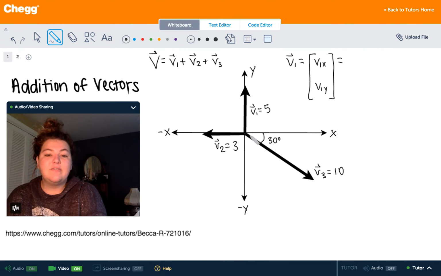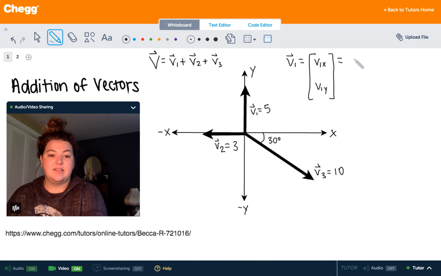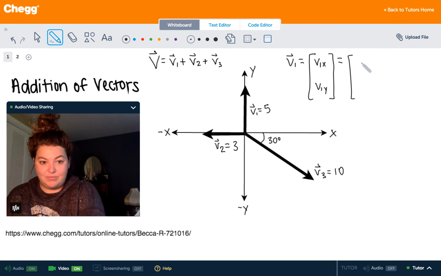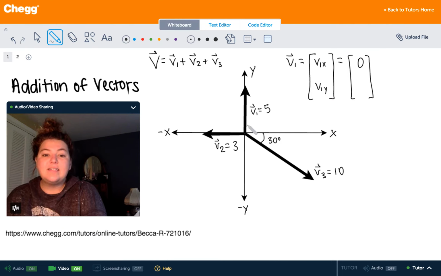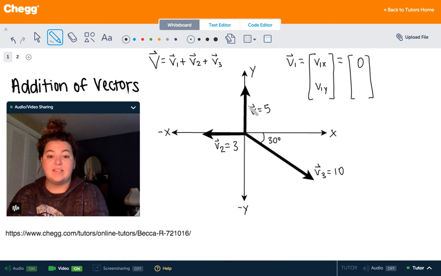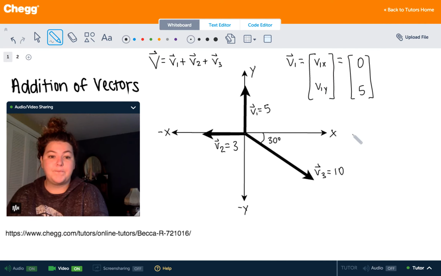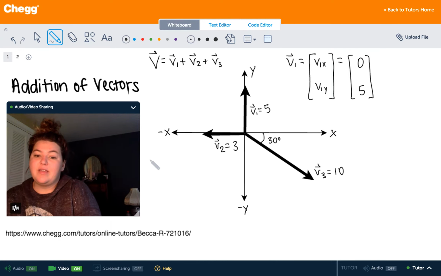Now, considering vector 1, it is not at all pointed along the x-axis. It is a completely vertical vector, so it doesn't have an x component. In that case, we can simply write 0. The entirety of vector 1 is pointed along the positive y-axis, so its y component is simply positive 5. Okay? Now we can do a similar thing with vector 2,